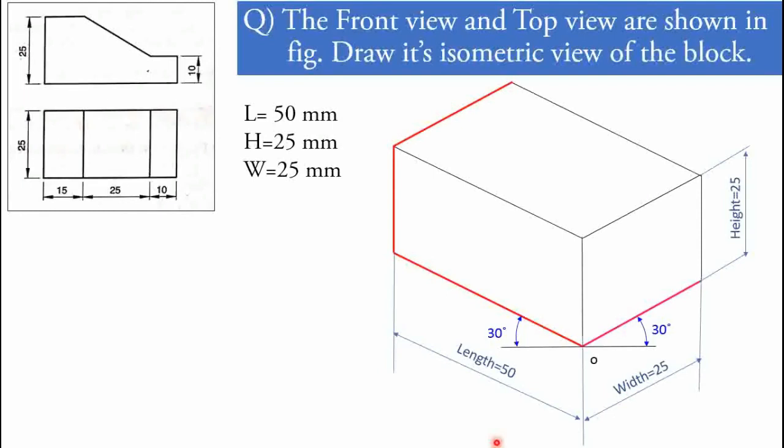Okay, now after this, the fourth step will be to look at the front view structure. It has the complete length at the bottom, that is a 50 mm length line. Then the vertical line of complete 25 mm height. Then on the right side the 10 mm height line. Then a horizontal line after the 10 mm height. The length of that horizontal line is not given here, but it is represented in the top view. You can observe that the length of that horizontal line will be 10 mm.